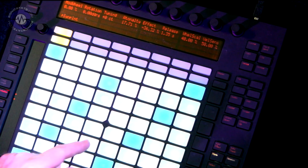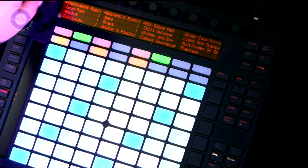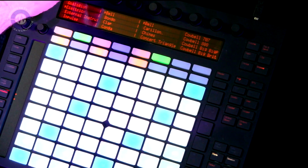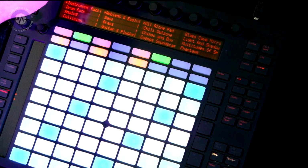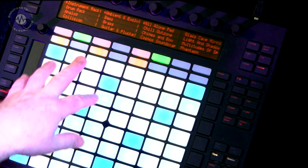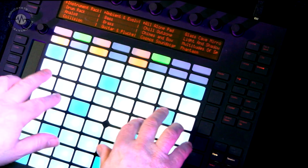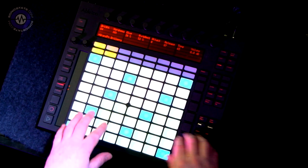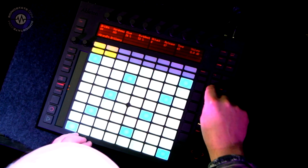Also, when in browse mode, I noticed that you cannot browse the VST or AU plugins, only the internal Ableton stuff, which means that if I want to instantiate an external plugin, I have to go to the computer for that. A couple of things just to notice: if you want to change the scale, you press scales